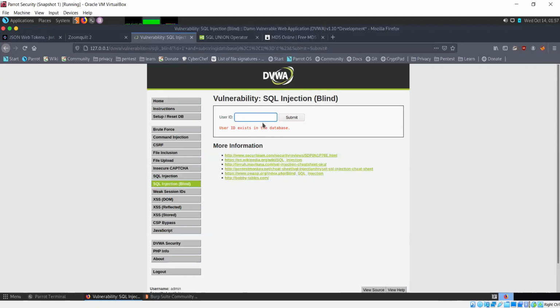We saw that in the previous SQL injection, so let's try and confirm that. You can try it for all characters. I'm just going to see whether the fourth character is A or not. So again, user ID exists. That is, the fourth character is A. So you'll have to check individually for all characters, and this can take a long time. That's why blind SQL injection is much more time consuming than normal SQL injection.